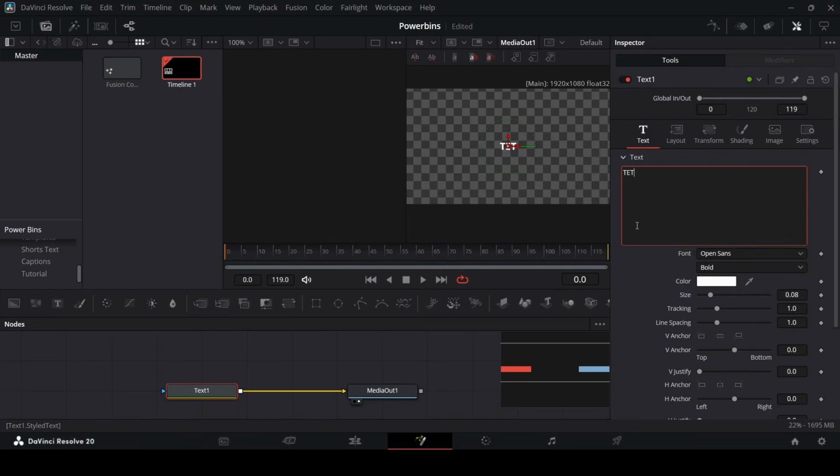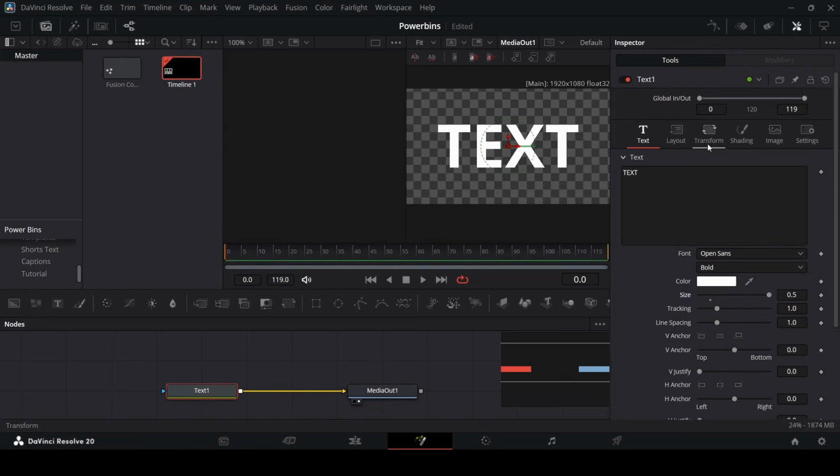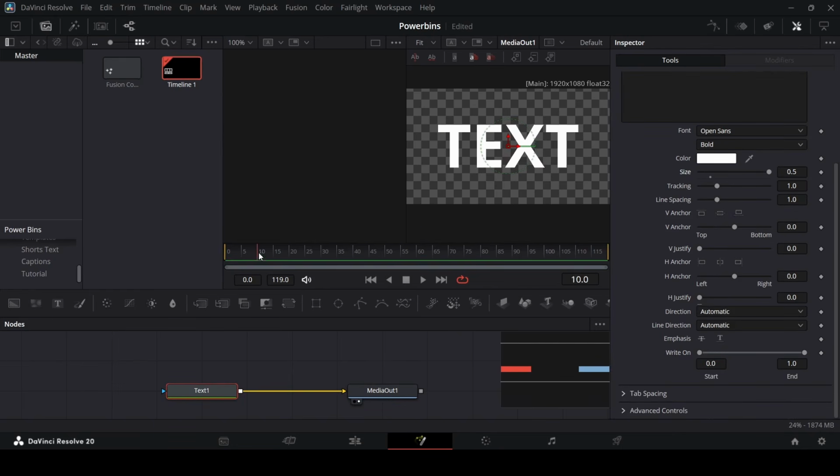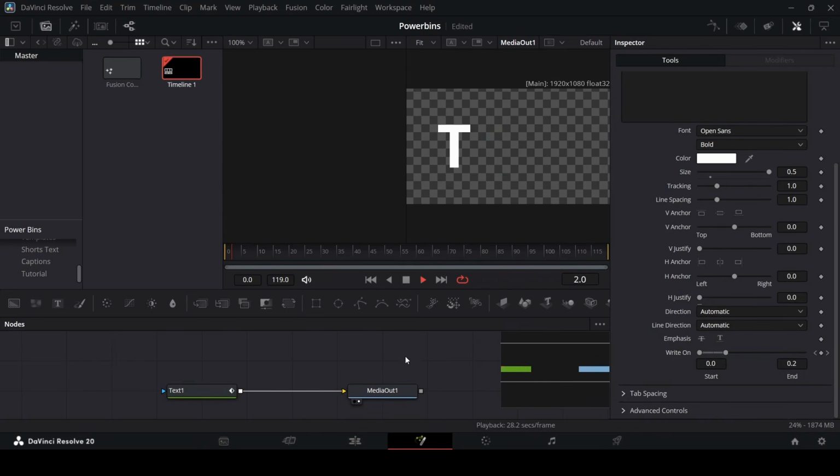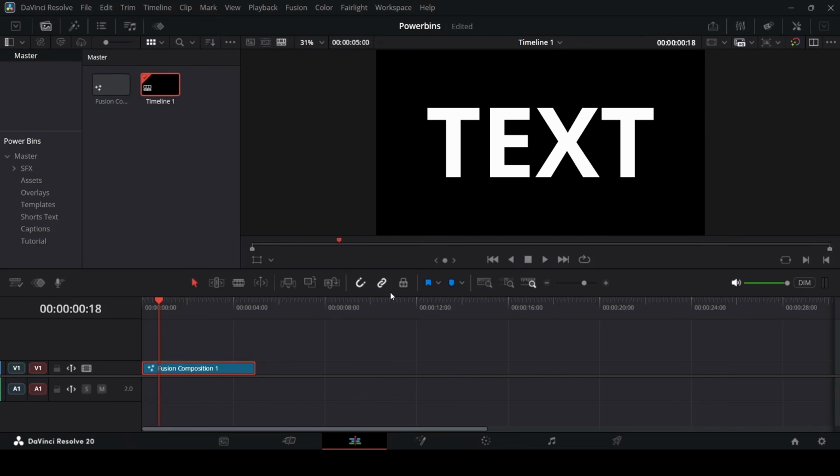Let's just type in text. And now I'm just going to add in this simple write on animation. So let's create a keyframe right here. Change this to 0. So this is how it's going to appear. So now that we have this in the master folder, we won't be able to see this if you close